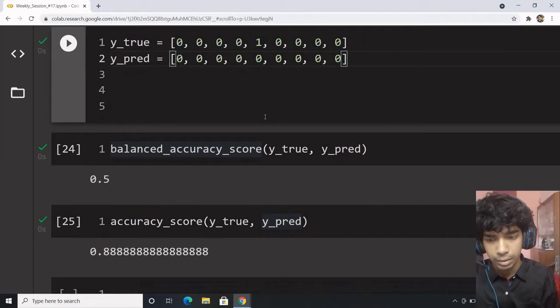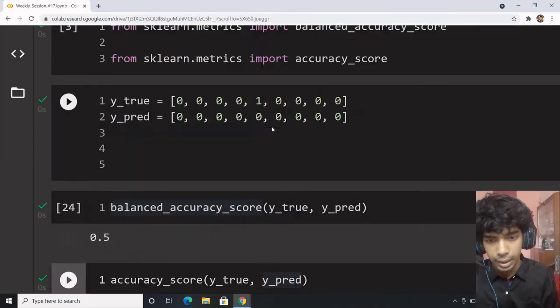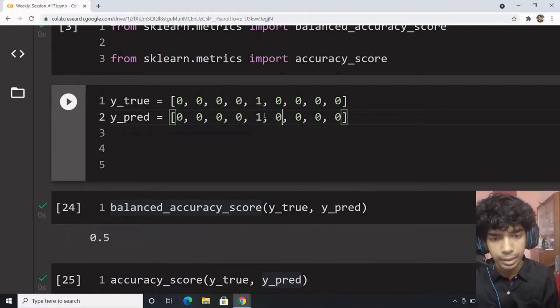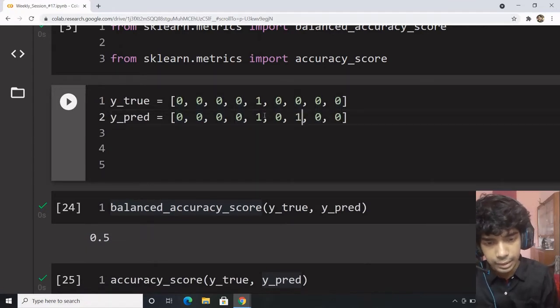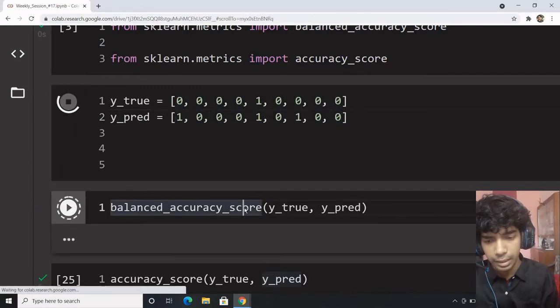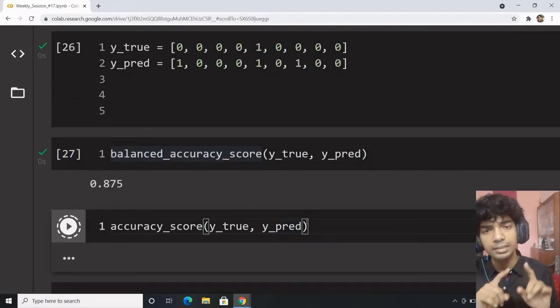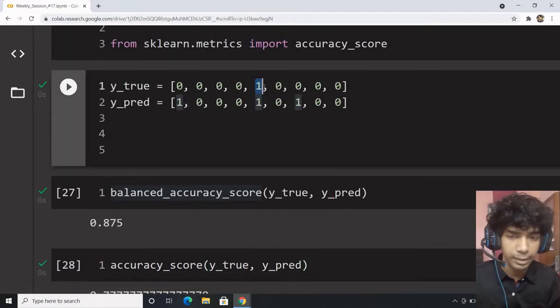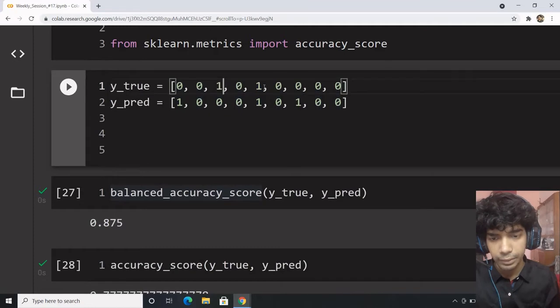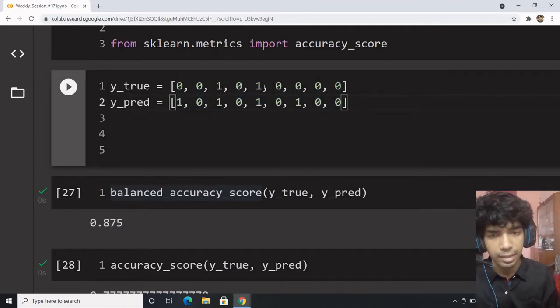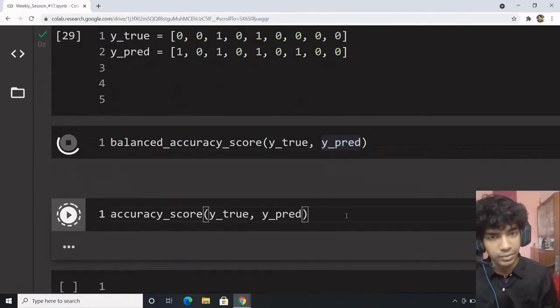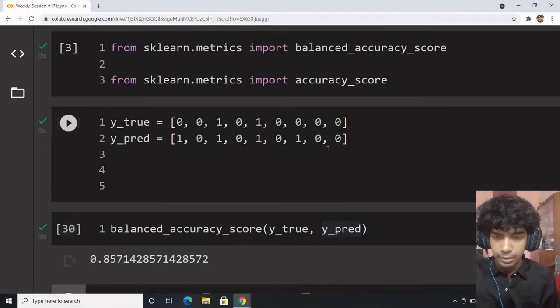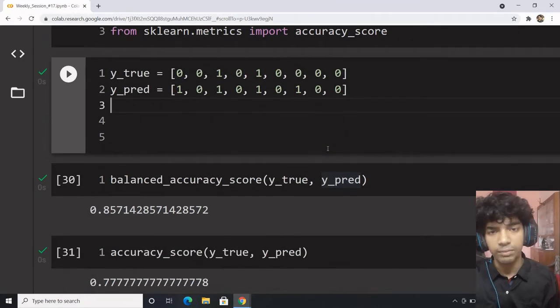Accuracy is 1 or is quite high. But if I predict this one particular as correct and everything else as incorrect, it doesn't matter. The balanced accuracy would still be higher than the accuracy score. That's the only point wherein balanced accuracy is higher than the accuracy score, wherein all you need to do is predict the minority class correctly, and irrespective of what the rest of the classes are, you can have a higher balanced accuracy score. That's the only point. So this is the practical implementation, scoring and evaluation.